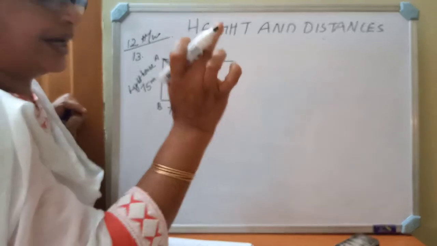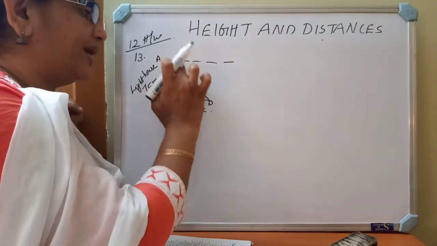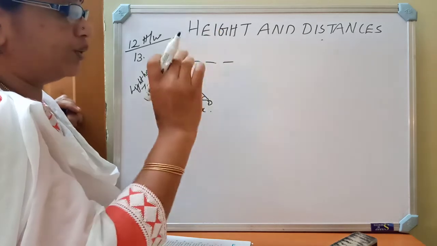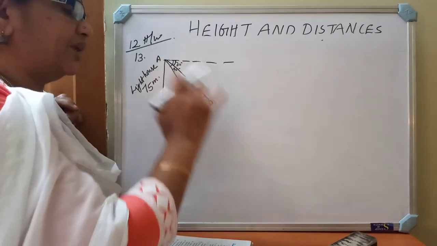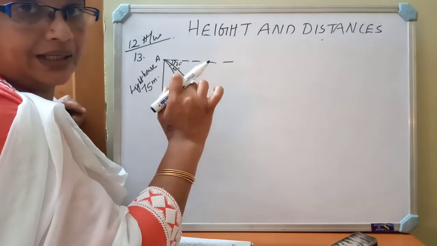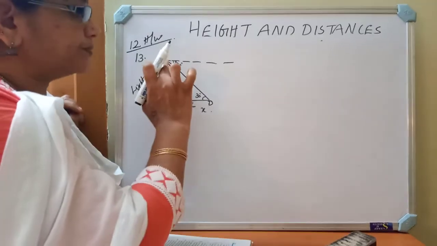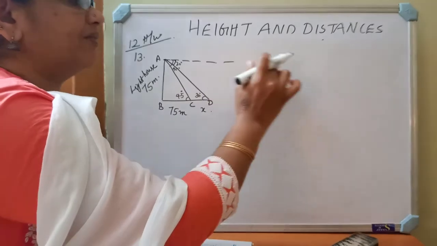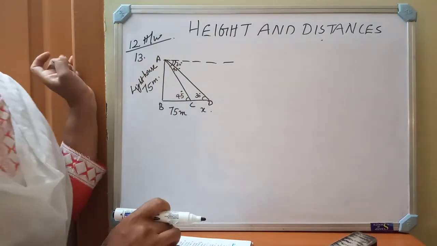So you see, children, if an angle of depression question comes in the examination, you must draw the horizontal line and mark this, otherwise you will not get full marks. Then only they can understand that you know the concept: the horizontal line is there, the line of sight is there, and from that you are marking the angle of depression. So don't forget, if the angle of depression is there, you must draw a straight dotted line. This will be our horizontal line, these are the lines of sight. Based on that you must mark the angles.